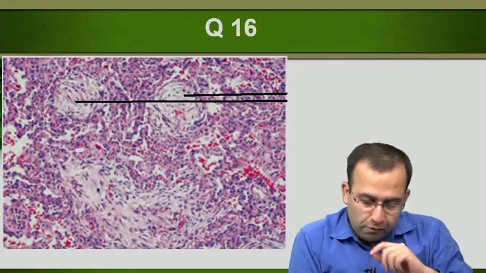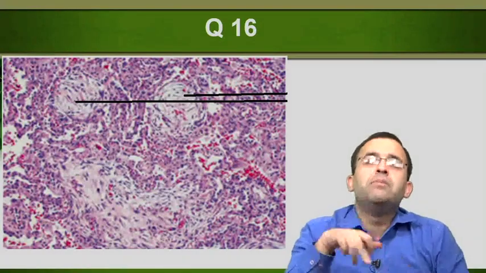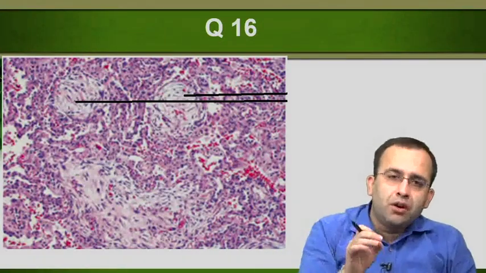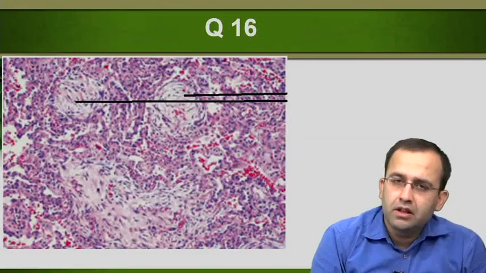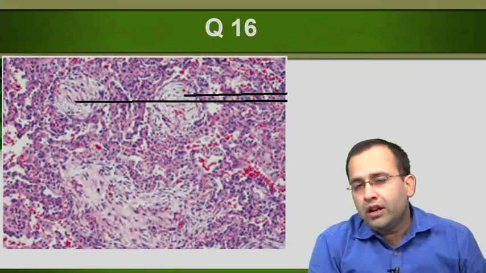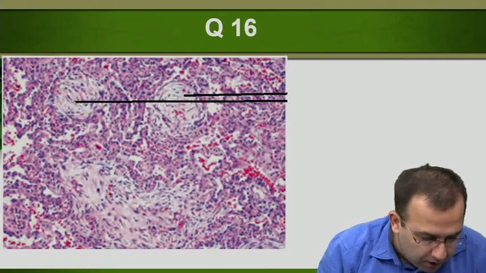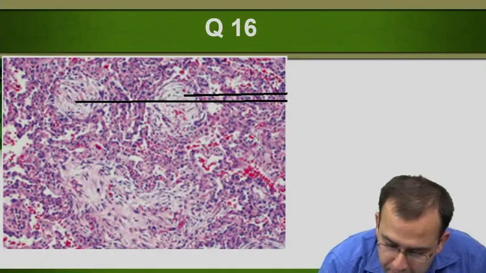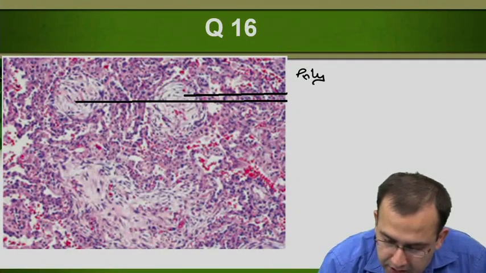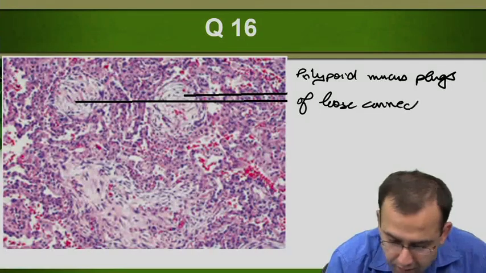Malignant hypertension? No. Malignant hypertension shows onion skinning. What is getting hyperplastic? The muscle layer. Onion skinning, muscle layer around a blood vessel. Is this a blood vessel? Is this the muscle layer? No. So not malignant hypertension, not foreign body granuloma. You can confuse this with a granuloma, but actually this is not a granuloma. Let me tell you, these are polypoid mucus plugs of loose connective tissue,